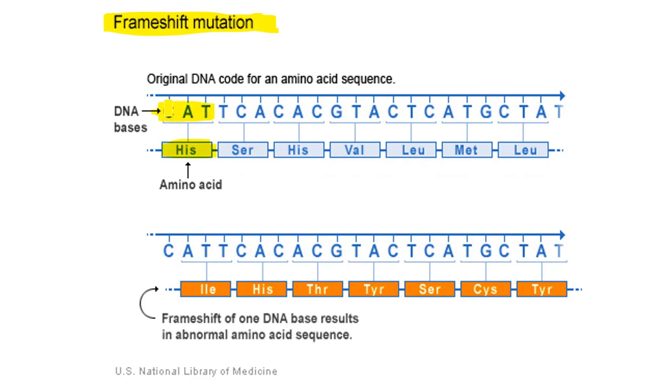Instead of reading CAT as we see here, it starts to read at ATT right there, right? So ATT leads to the incorporation of an isoleucine here. So it is a frame shift mutation. The reading frame has shifted to the right in this case. And of course, this will lead to very different types of